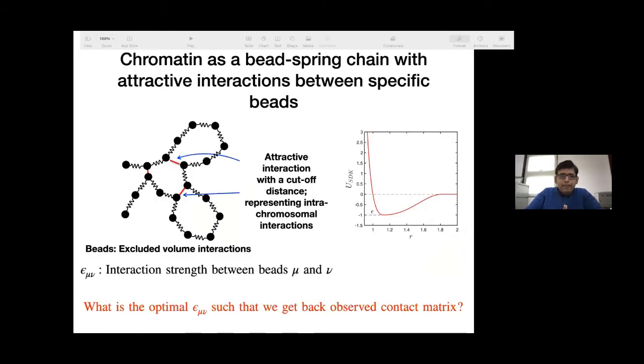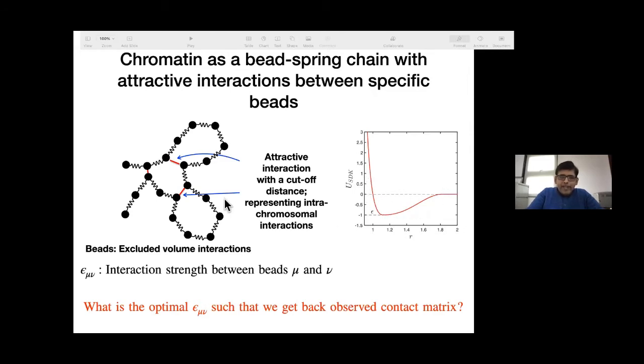And we'll start with a simple bead-spring chain model for the polymer. So chromatin is modeled as a polymer, beads connected with springs. And then we'll add attractive interaction strength between different bead pairs. So for example, for these two beads, a red bond indicates there is some attractive interaction. This is modeled with something like a Lennard-Jones-like potential. We use a slightly different potential, which has a cutoff at a very specific point beyond which the force is exactly 0. So this is called an SDK potential, but it's like an LJ Lennard-Jones-like potential.